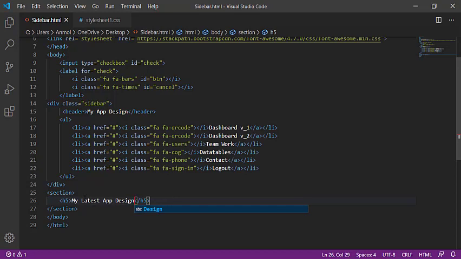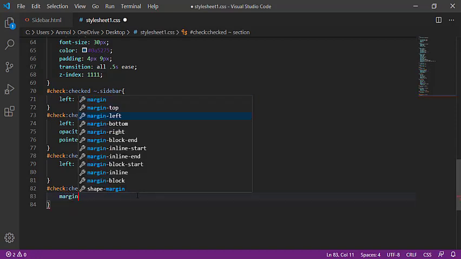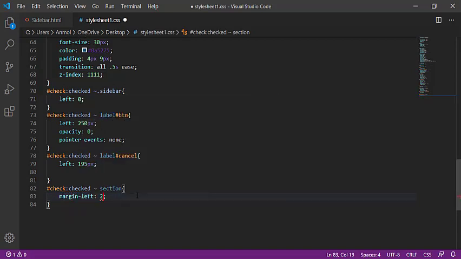Save it. And in this section I am giving some styling of margin left, that is 25 pixels. 25 will not enough, so 250 pixels.